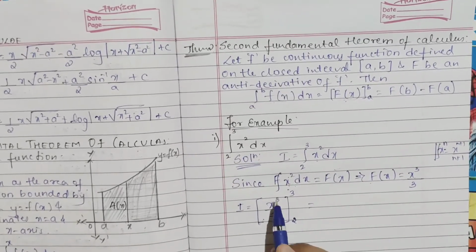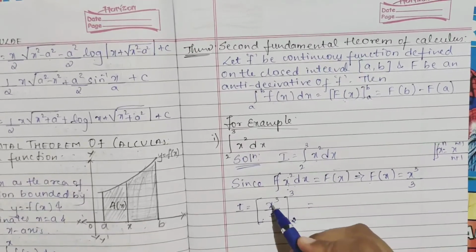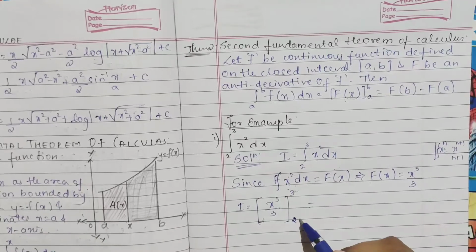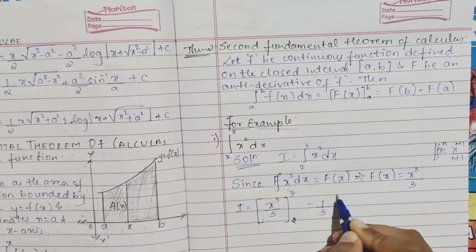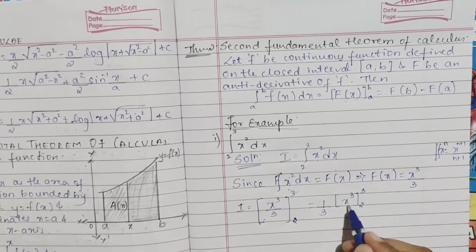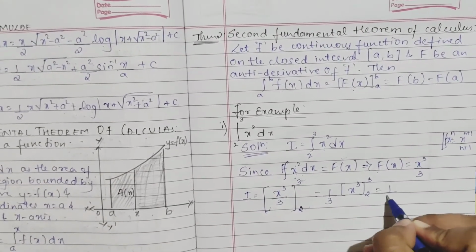After this you have to calculate it, right? Why have they given 2 and 3? You have to calculate it. Calculating means in place of x you have to put these values, first the upper limit value, then the lower limit value. Keep the 1 by 3 outside, you will have x cube from 3 to 2. You have to find the value of x, so 1 by 3 again.